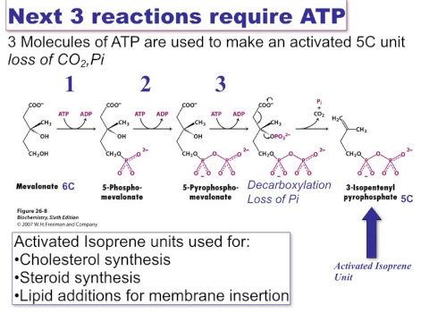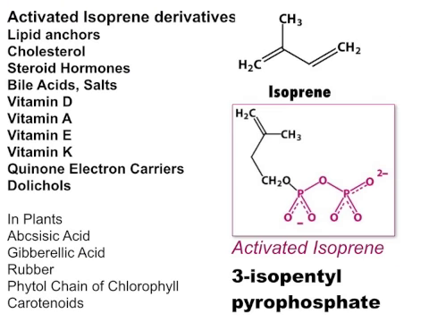This is a very important intermediate, it turns out. These are some of the derivatives that can be made from isopentenyl pyrophosphate. They include cholesterol, of course, but also steroid hormones, bile salts, and vitamins D, A, E, K, which you should recognize as being all of the lipid-soluble vitamins. Also, the quinone electron carriers, ubiquinone, ubiquinol, and dolichols. You are only responsible for those that are bolded and are not responsible for knowing the derivatives that are found